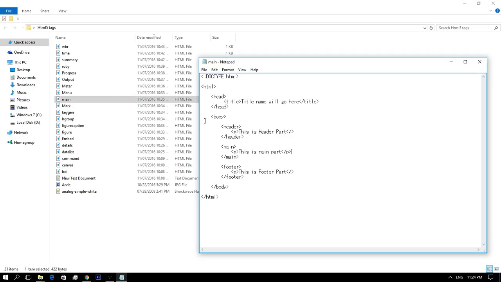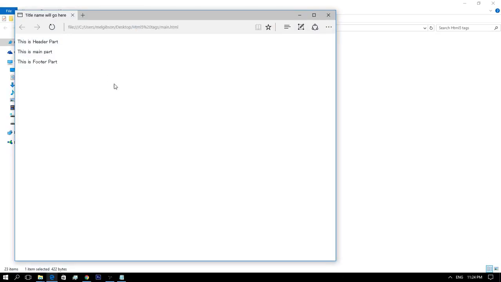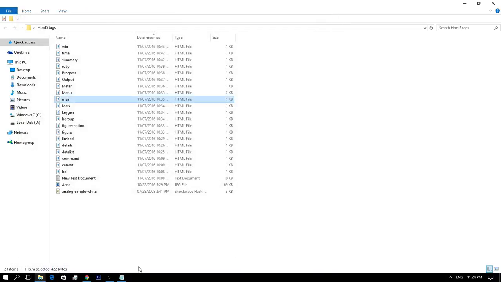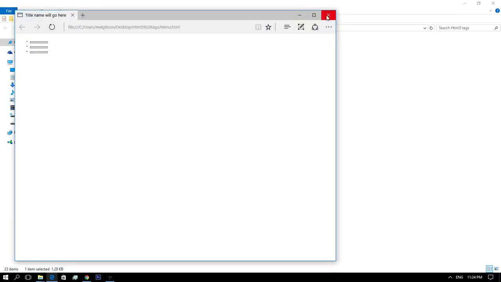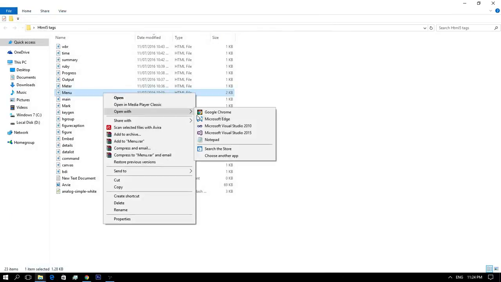This element is allowed once in an HTML5 document and cannot be used as a child element. You will see my example here. This is the main element tag. So we have the menu element tag.